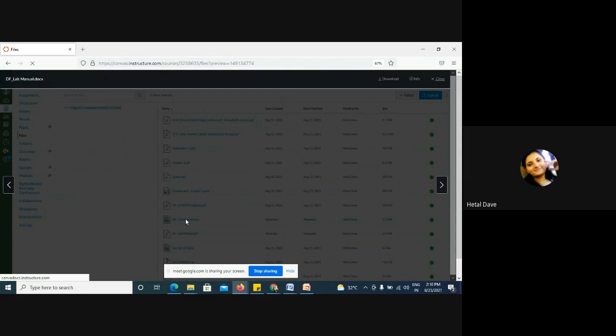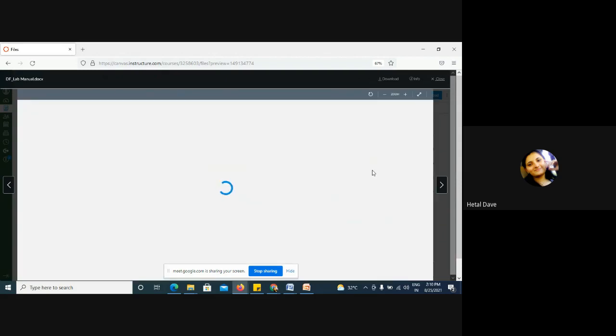In this lab manual doc, you will take your experiment 1. Let's say right now we are discussing only experiment 1. But please remember that we have completed a total of 3 experiments up to now. So by the end of this day, make sure every student submits the first, second and third experiments. It is compulsory for everyone because 3 experiments have already been completed. Many students have submitted experiment 1 and experiment 2, although you still need to submit experiment 3, and then we can start our experiment 4.